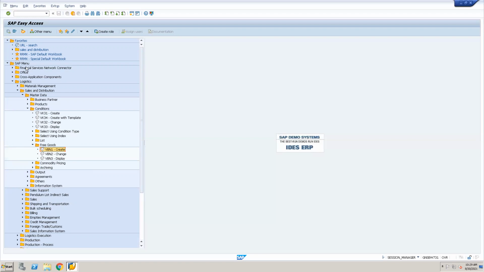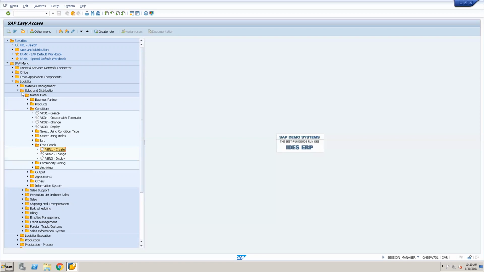The path you have to see is SAP menu, logistics, sales and distribution. Anything which we are going to learn will be under sales and distribution only. It's a thumb rule, because normally we are SD module, so it should be under SD only.